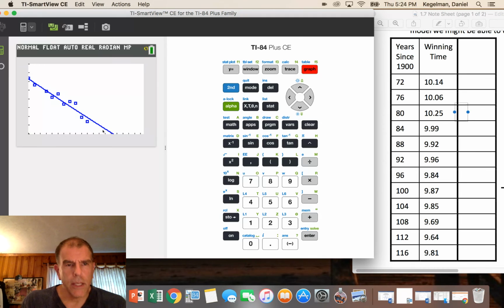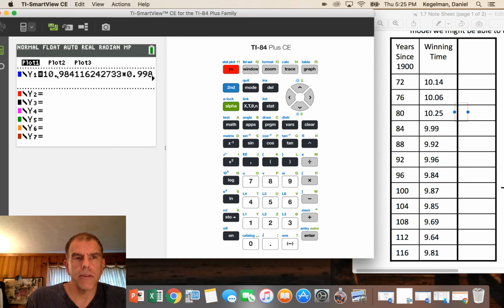Should be able to see that thing curl off, not too much. Was kind of hoping to see it curl out there and get a little bit lower like that. If we zoomed way out, we would see this thing eventually come down. But what's preventing that is this 0.998 as our base. It's basically taking 99.8% of the time of the year before and just reducing it by